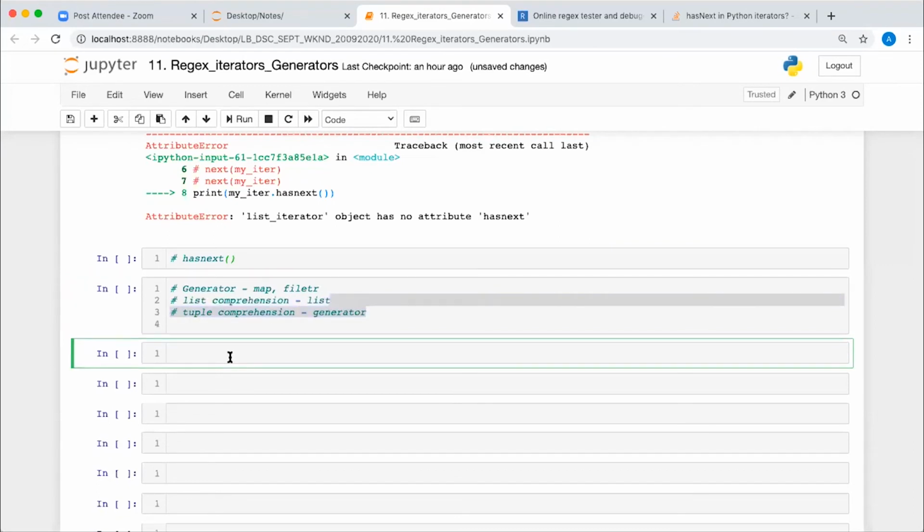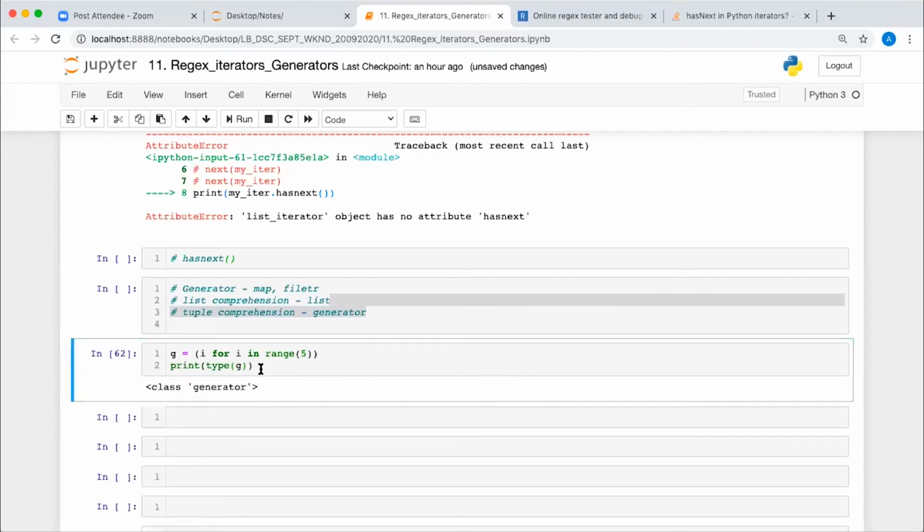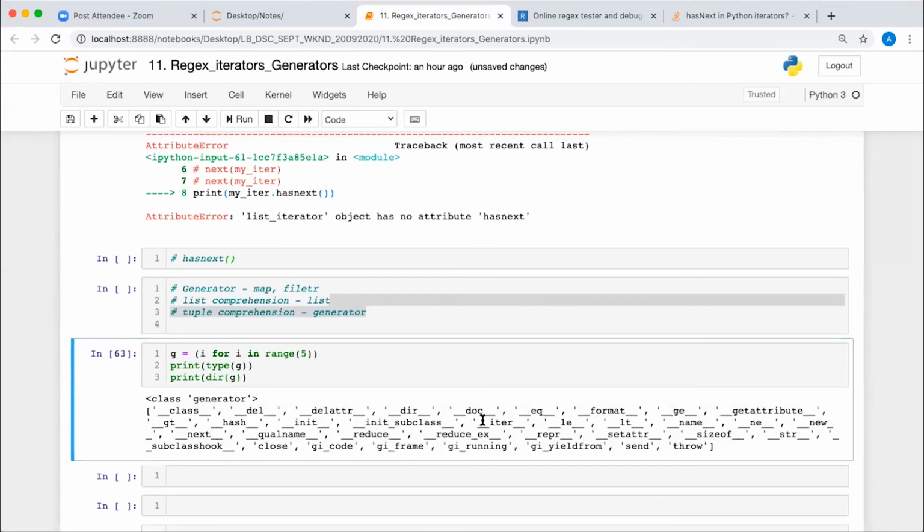So if you check, let's say you have g = (i for i in range(5)), and if you check print type of g, it will be a generator type. And if you check dir of g, you'll see that it has implemented the iter method.